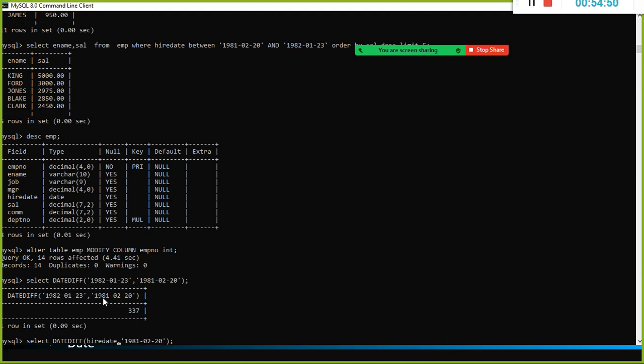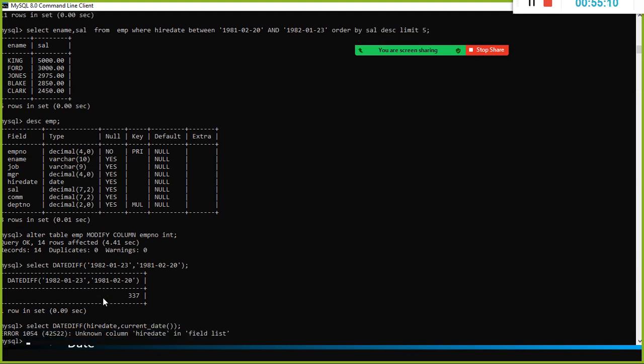Let's use hire date, comma, I wanted to know how many days since we have hired each employee. Okay, hire date. Here's something called the current date function. Okay, as of today, how many days we have crossed. Hire date, from